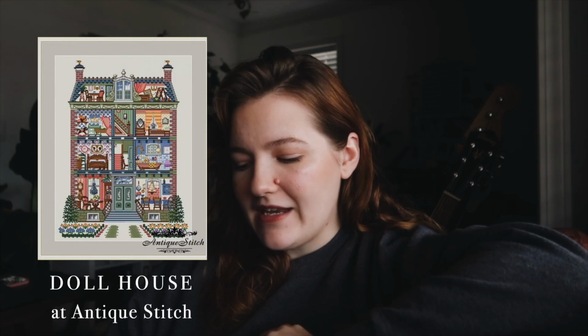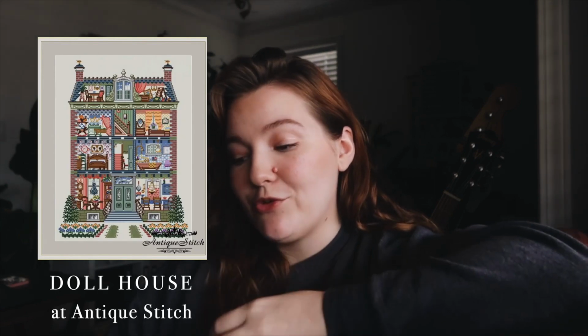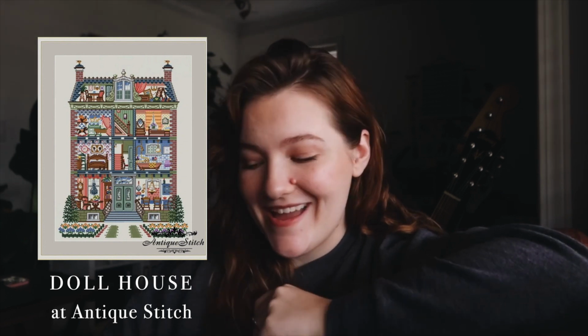I also have a piece that I am about to start, and it is from Antique Stitch on Etsy, and it is a Victorian dollhouse cutaway. And this one I'm just excited to have a lot of fun with. I love dollhouses. I love Victorian and Georgian architecture, and this one just looks like it's going to be so much fun. It's really colorful, and there are a lot of really cute little details to it,